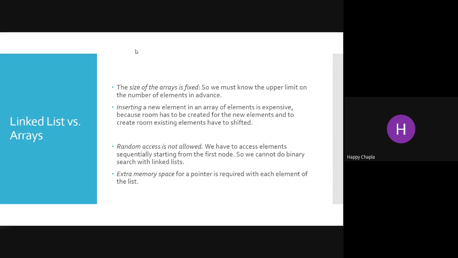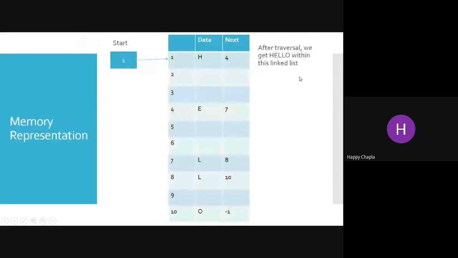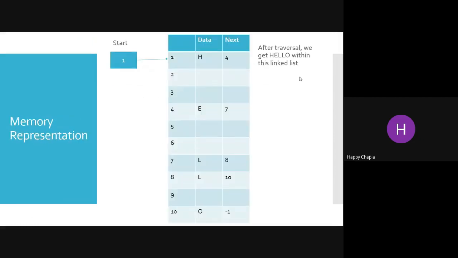Okay, so as we are aware, this can store the address of the next node. So every time we have to take one variable for storing the data, another for the pointer, next the data, another the pointer. So this is the extra memory space required to store data as well as the address of the next node.